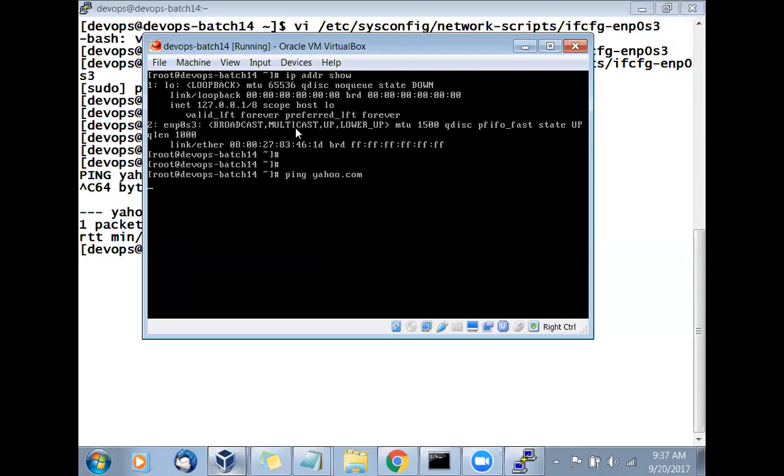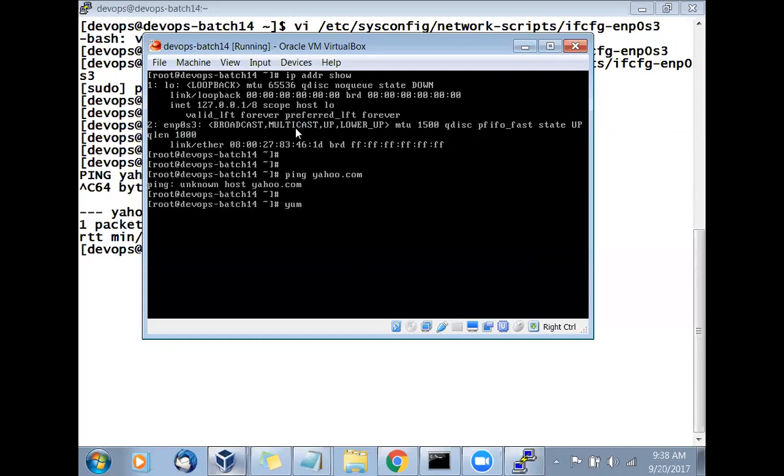So it is trying to connect to the DNS. Hey DNS, give me IP, give me IP, give me IP. It is going to the DNS and trying to get the IP address. Try, never cry. It will keep on trying. And what does it say now? Unknown host. That is the error you will get. If you see unknown host, that means DNS is not working or your network is not working. Clear? Got it?